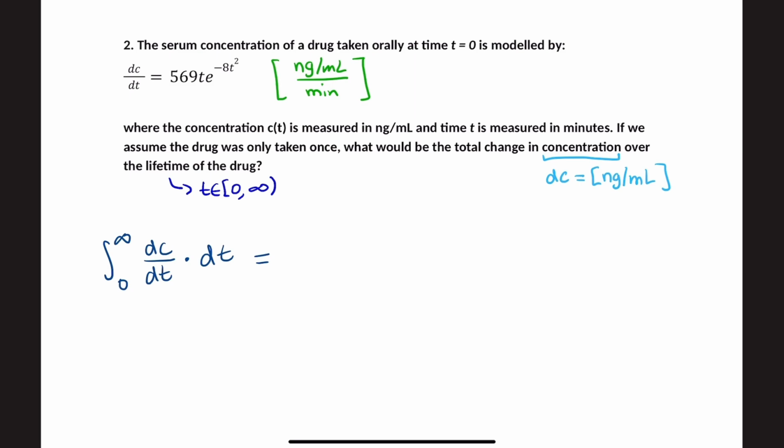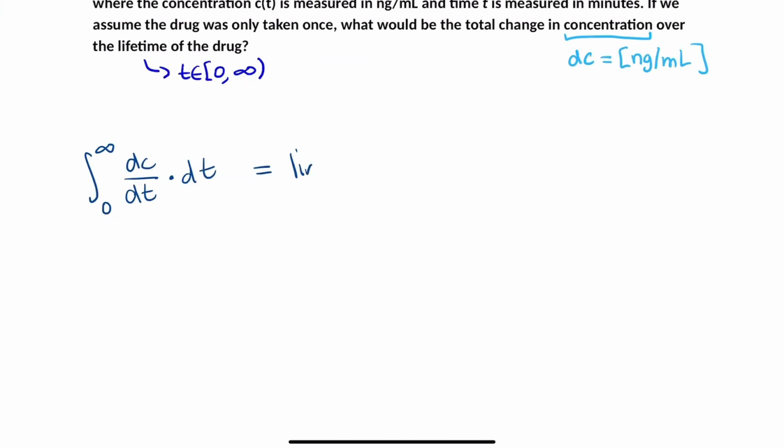Now keep in mind that this is an improper integral because we're going from 0 to infinity, and you can't really plug in infinity, so we're going to have to change up the notation a little bit here. We're going to call infinity some other variable such as capital T, and we're going to take the limit and see what happens as t approaches infinity. So we can say that this is equal to the limit as t approaches infinity